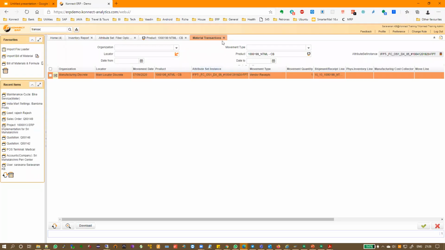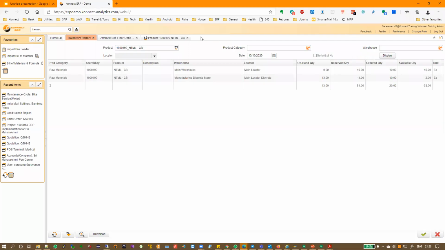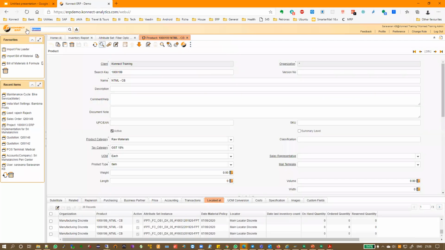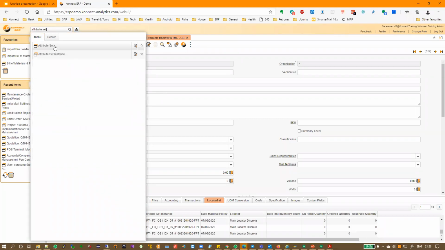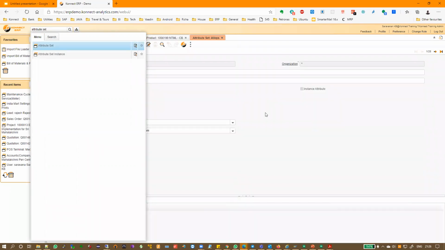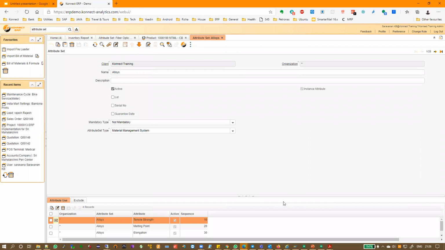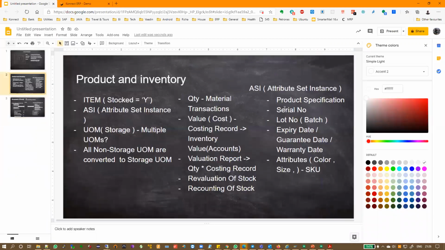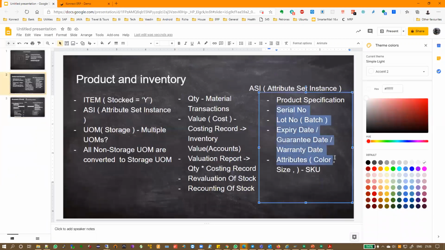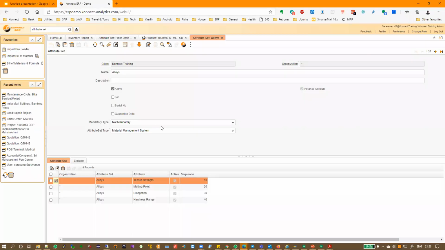In the system, before we go anywhere else, first let's look at how an attribute set, which is the source for attribute set instance, is created. When you go to create an attribute set, if you remember this slide, I talked about all of this: serial number, etc. All these are directly embedded into an attribute set.